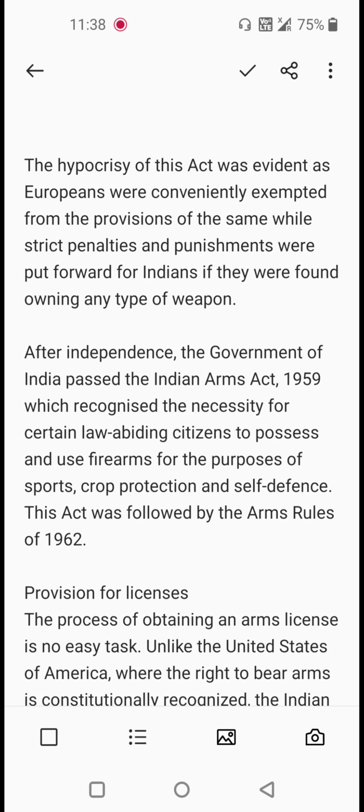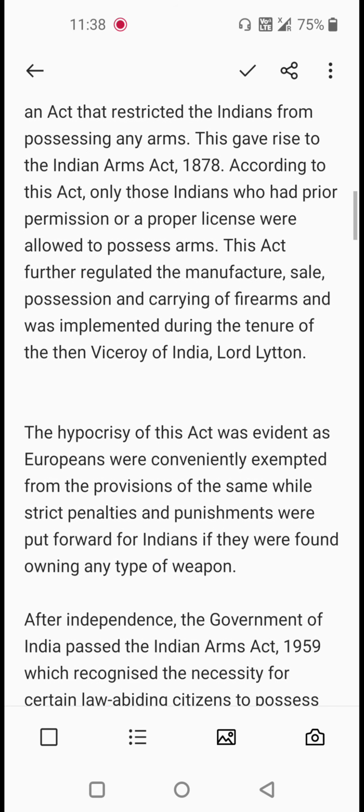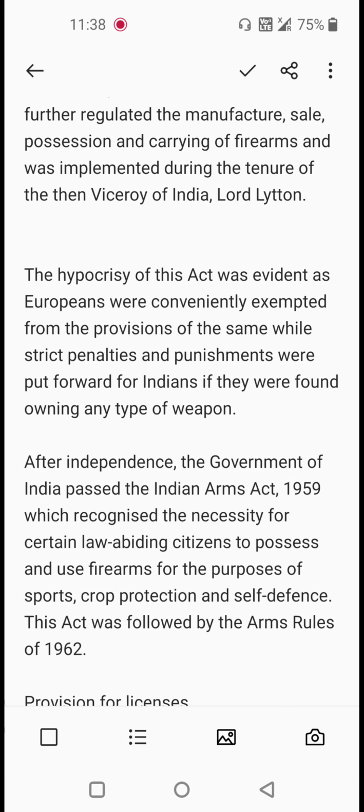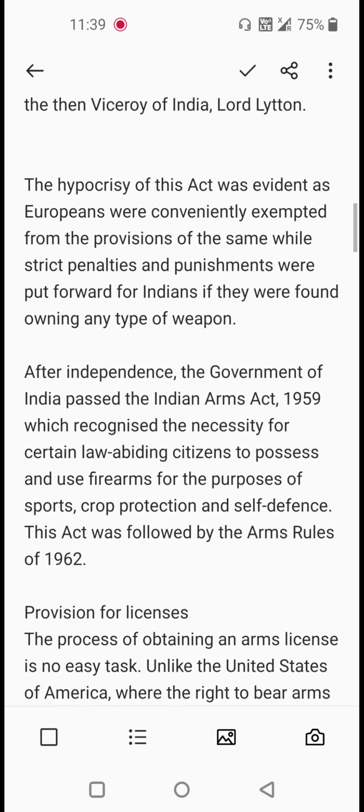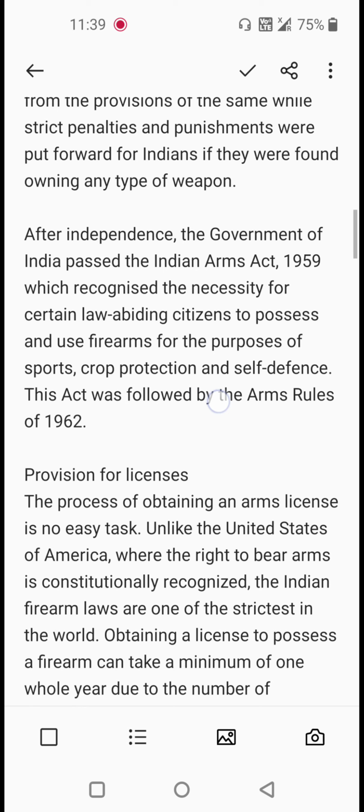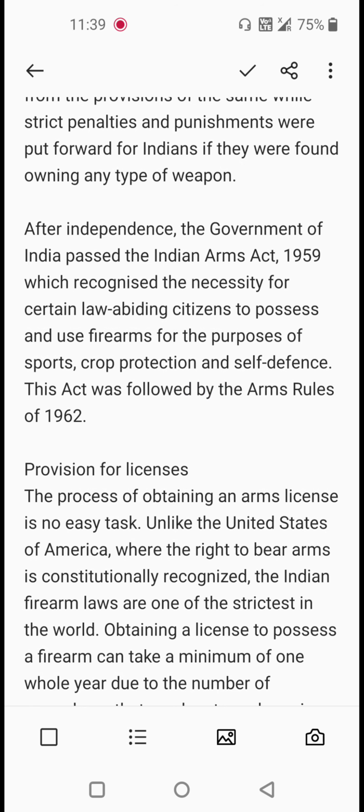The hypocrisy of this act was evident as the Europeans were conveniently exempted from the provision. When that particular act was passed, it was said that Europeans are not needed to take any license, just carry that gun. There's no need to have a license for the Europeans. Meanwhile, strict penalties and punishment were put forward for Indians if they were found owning any type of weapon. After independence, the government of India passed a new